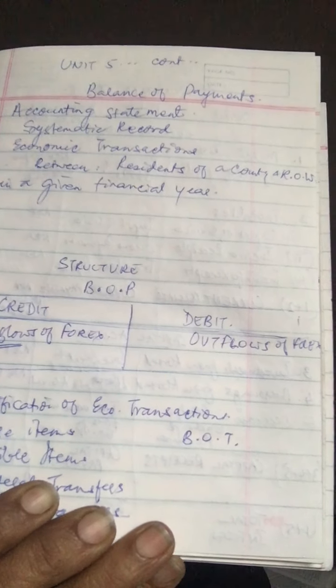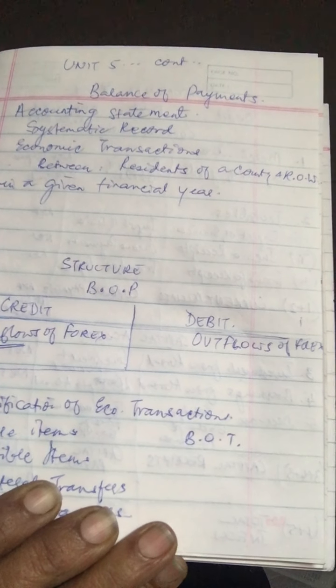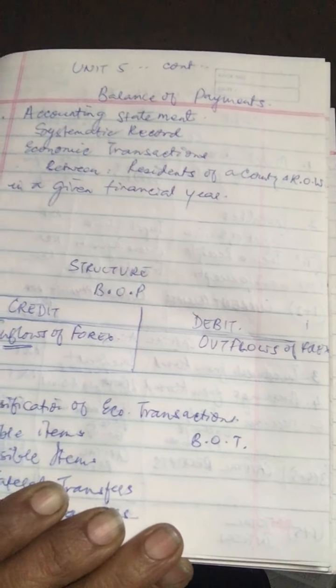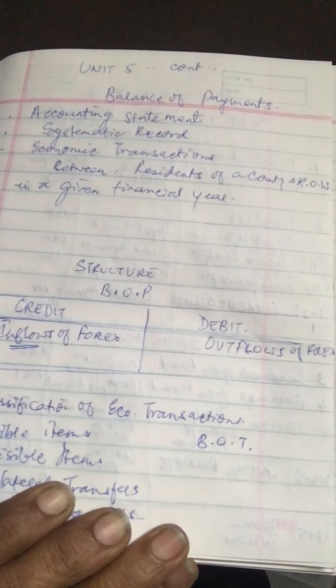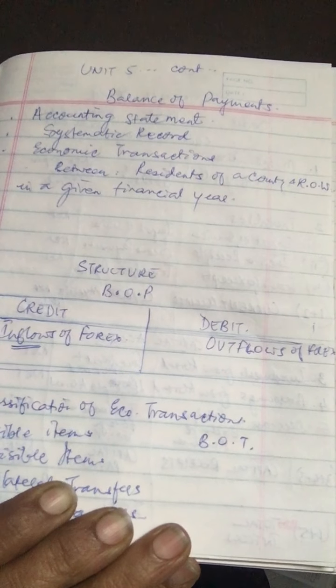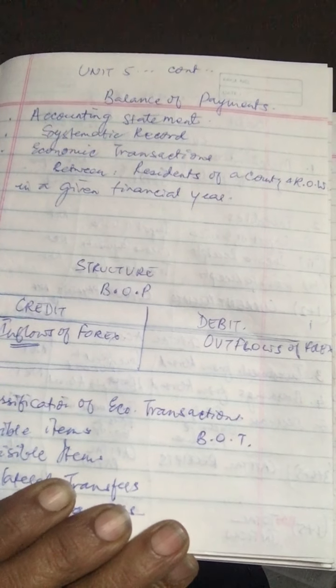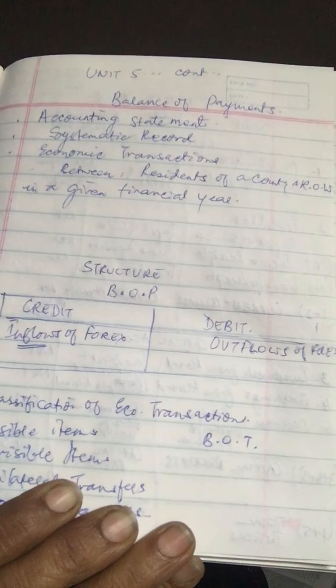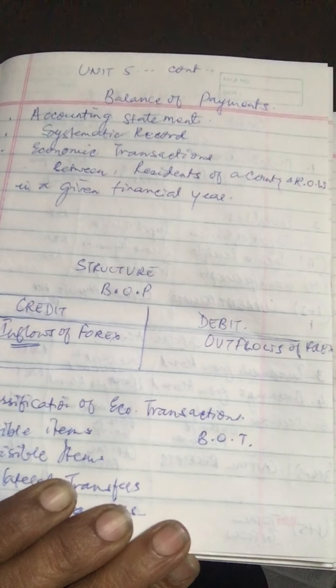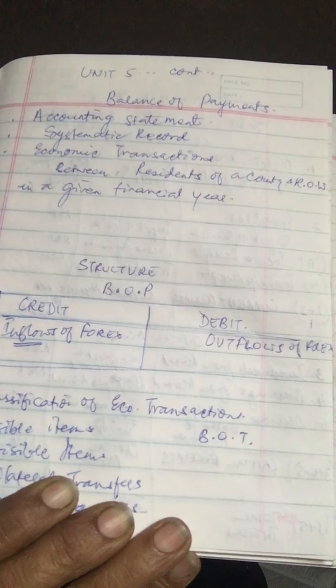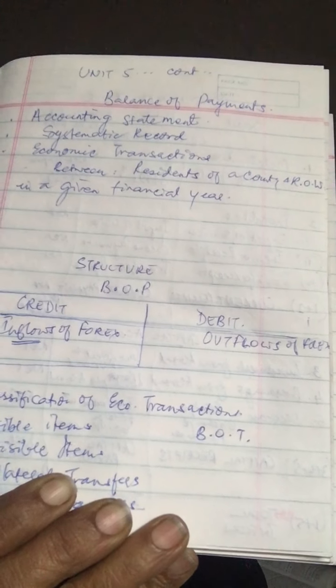Thus, there are two types of activities that cause economic transactions among the nations, and they are: number one, current production resulting in export and import of goods and services. If it's only goods, it's known as balance of trade. And number two, sale and purchase of assets, both real like machines and financial like shares.